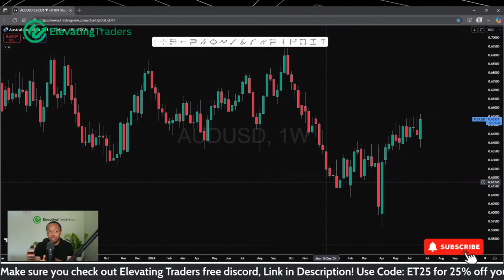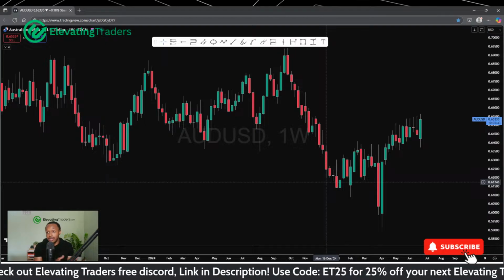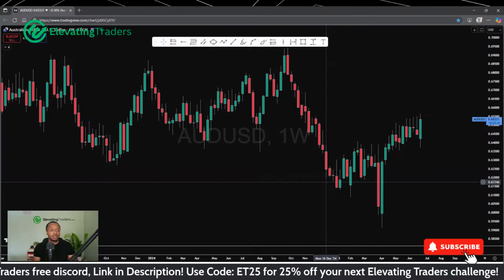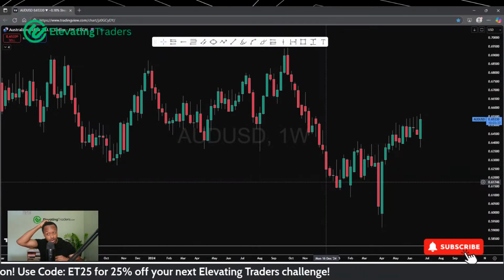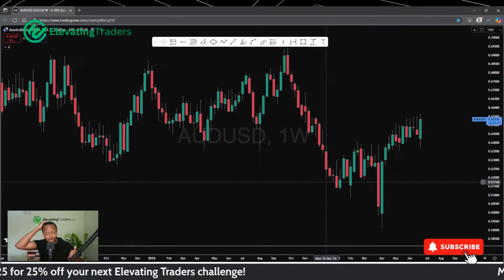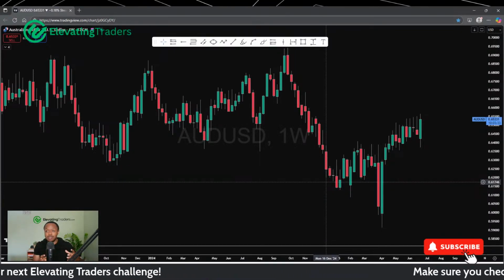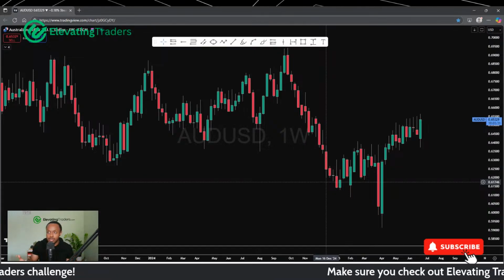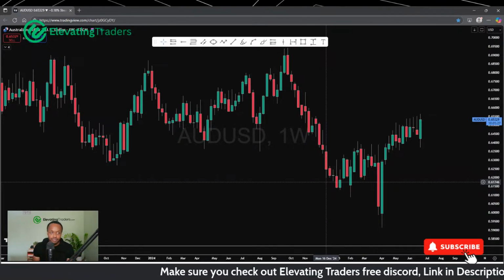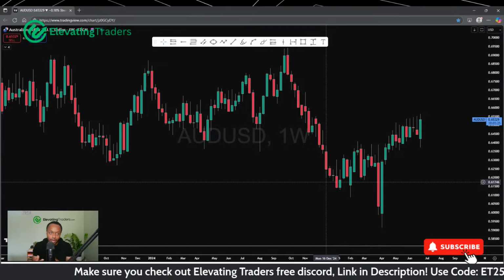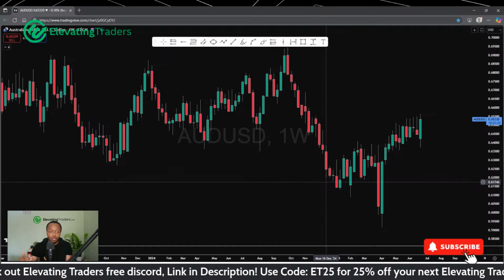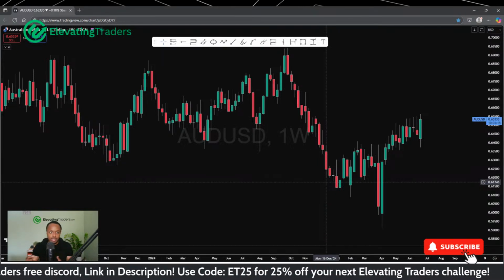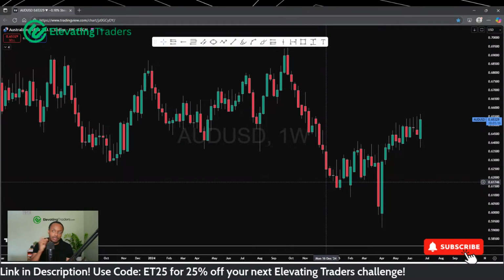A good habit would be to look at the higher time frame first and then look at your 15. Because sometimes you could look at the 15, have a bias, have a trade, then look to the 4-hour chart and look for reasons to back up that trade, rather than the other way around, which would be better. Looking at the 4-hour chart, deriving a bias, and then backing that up with the 15 and waiting for the 15 to form that setup as well. That's a good situation rather than the other way around.